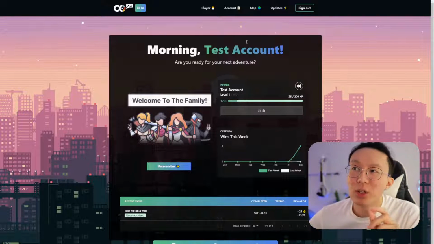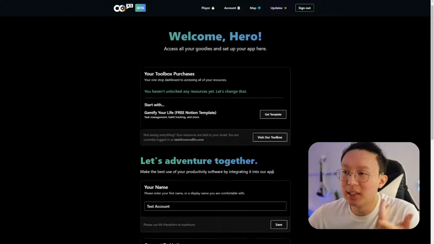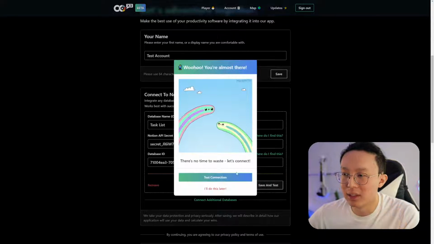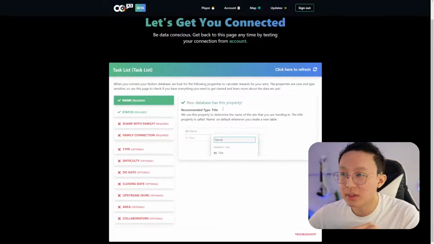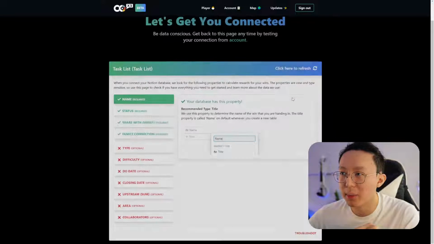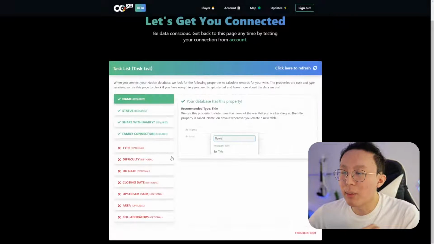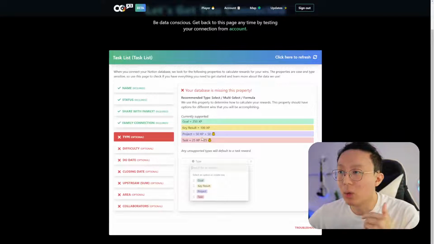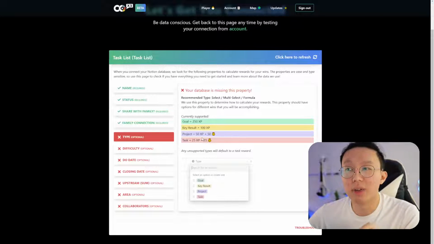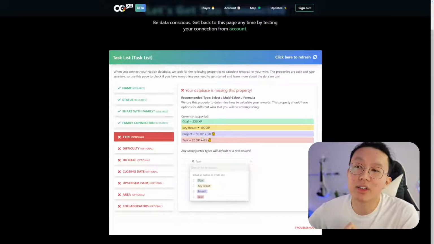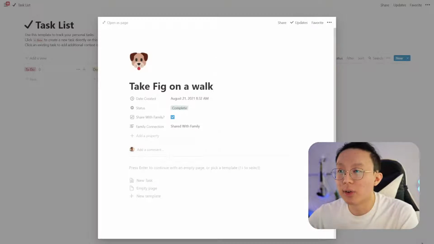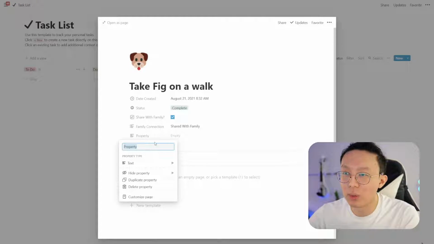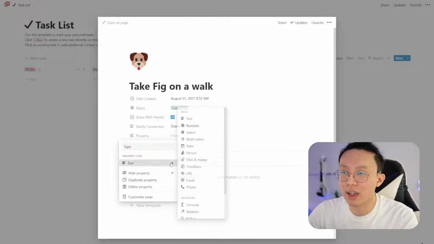Okay, but let's show you exactly how to modify these things, right? So again, I'm going back to the testing because I want to test my connection. And let's see, I'm going to refresh my page. So right now, I'm already seeing that what I can do is add a type property, right? And the type property will actually help me identify exactly what kind of win this is. So for example, if I want this to be a task win, I'm just going to make a type property and I'm going to make it a select.